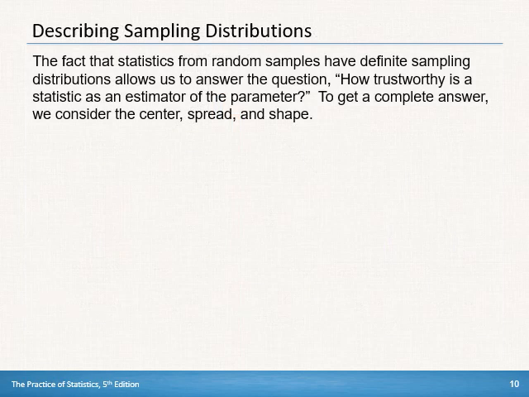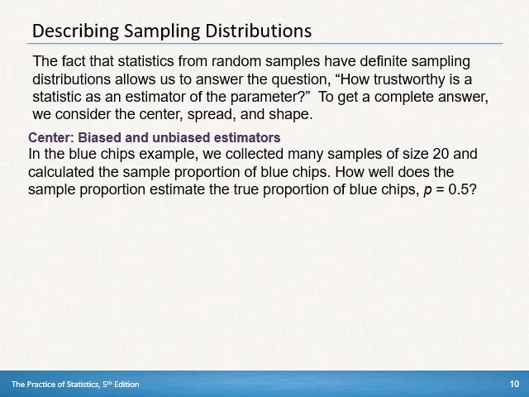All right, the fact that statistics from random samples have definite sampling distributions allows us to answer questions about how trustworthy a statistic is as an estimator for a parameter. To get the complete answer, let's think about what we usually look at: center, spread, and shape. So the center,